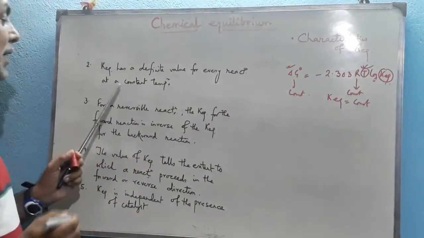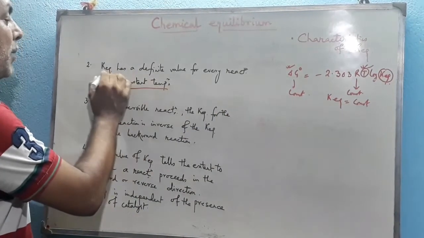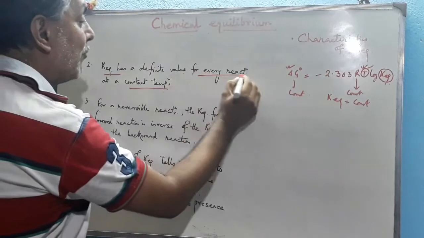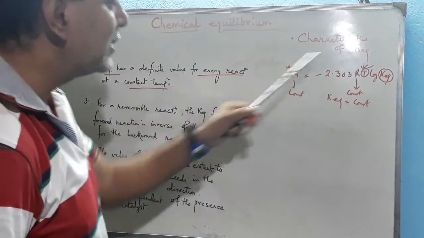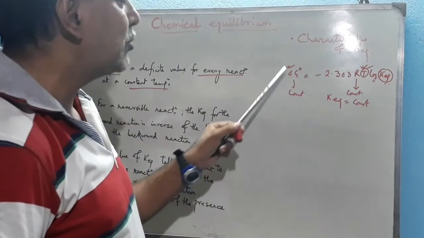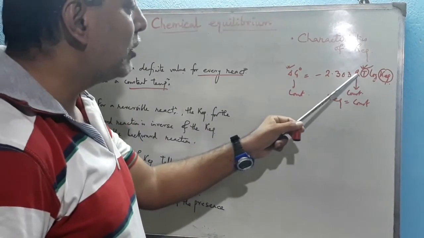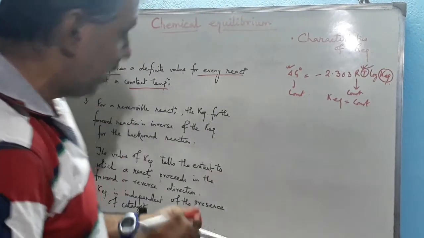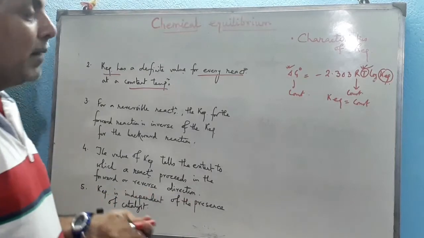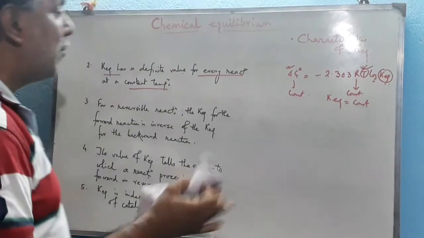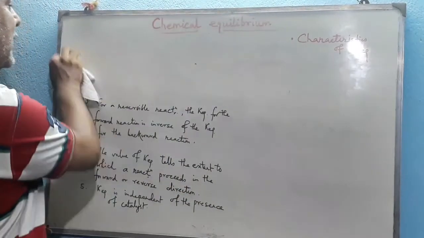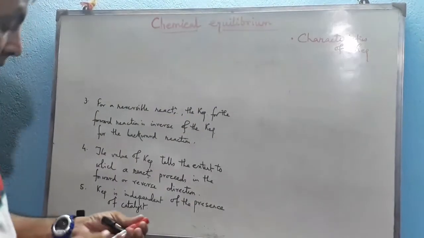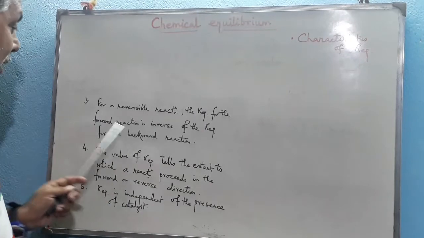So at a constant temperature, the K equilibrium for every reaction is always constant. If T is constant, because this is the only variable, del G0 is constant and R is constant, so T is the only variable. If it is constant, then the value of K equilibrium is also constant. Now the next point, third: for a reversible reaction, the K equilibrium for the forward reaction is inverse